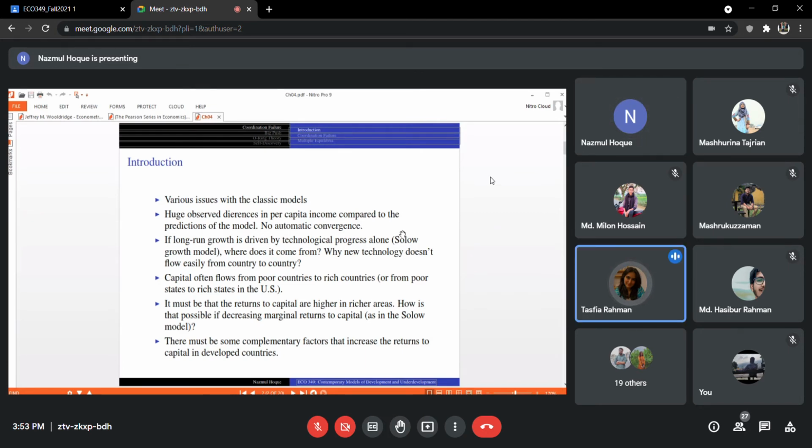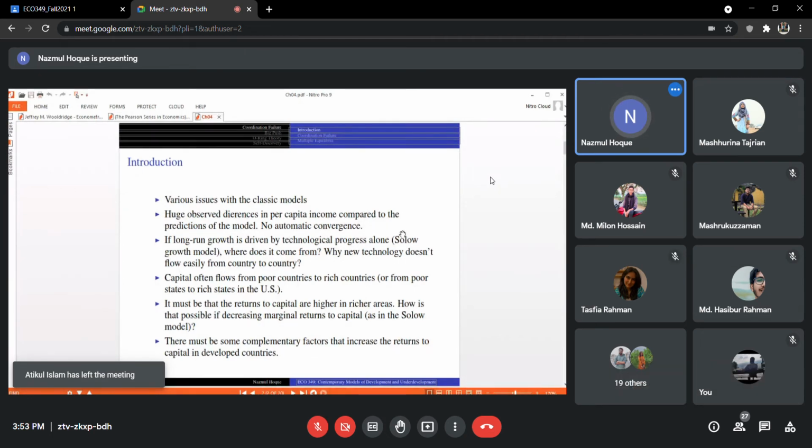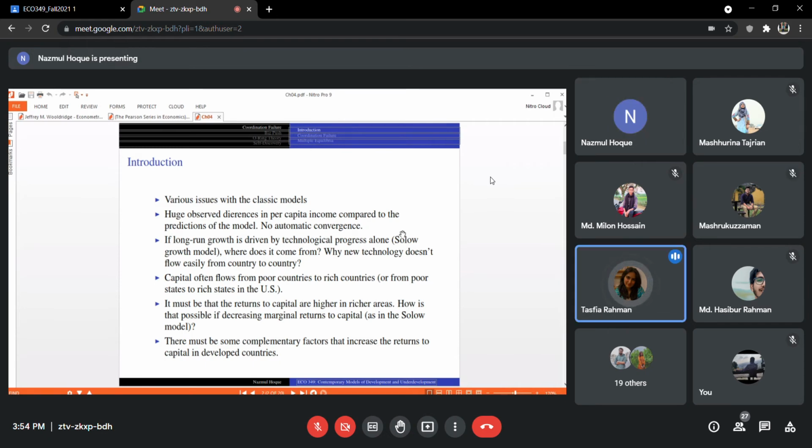Sir, you just said that a developing economy is most likely to face diminishing returns to scale. No, we are talking about diminishing marginal returns. If you think about classic theories, we generally assume capital has diminishing returns. It doesn't matter whether it is a developing or developed economy. So since developed countries have a higher stock of capital, the marginal product of capital in those countries will be low, right? Yes, sir. If the assumption of diminishing marginal product of capital holds,